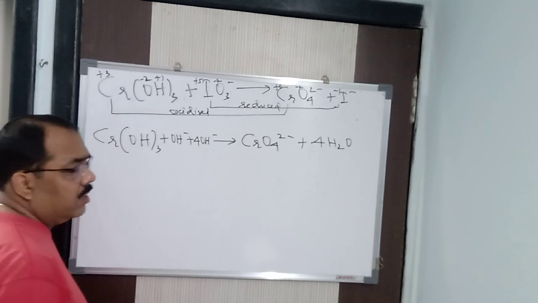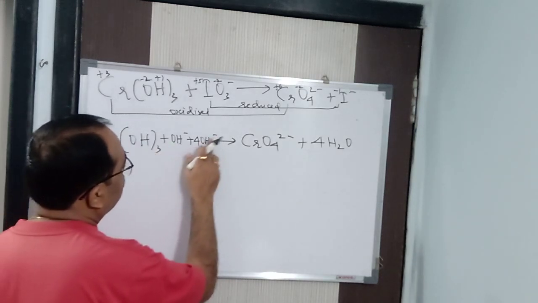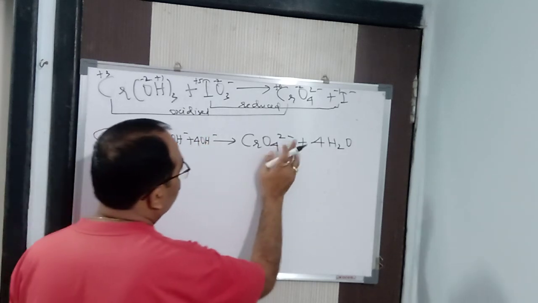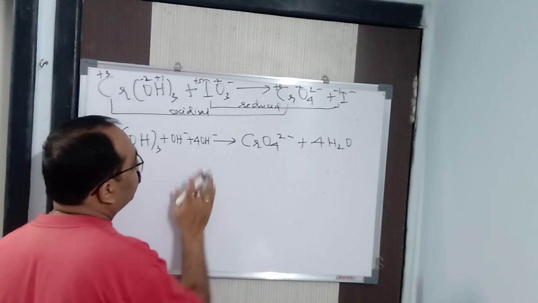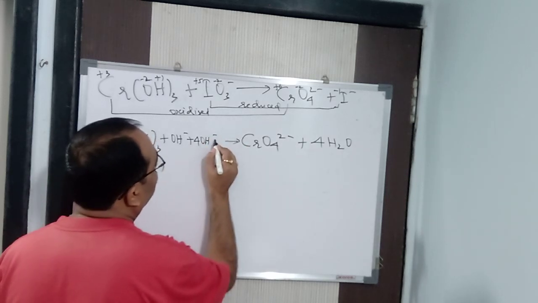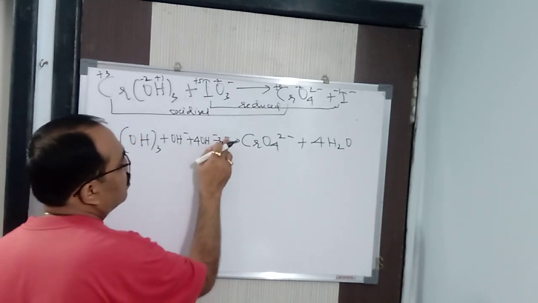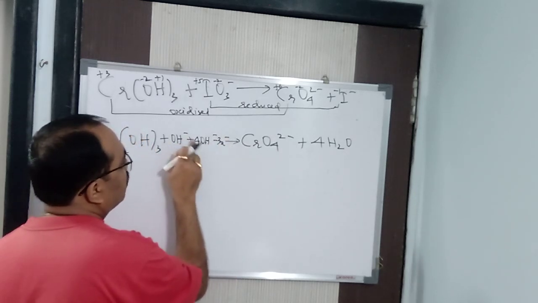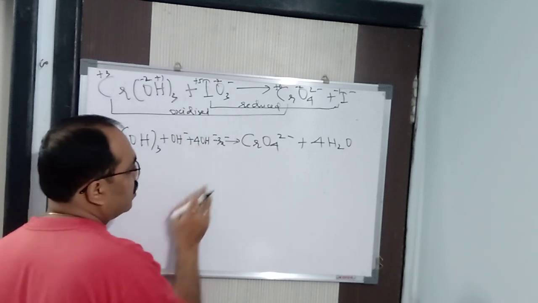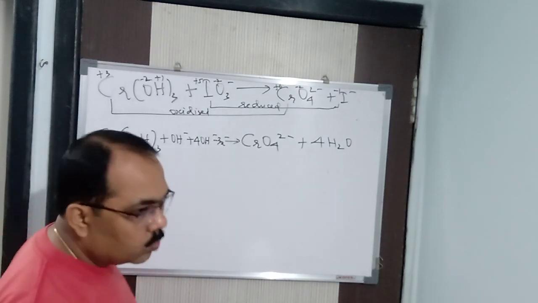Now I will balance the electrons, the charge. Here it is minus 1, here it is minus 4. Plus into minus is minus, so minus 4, minus 1, minus 5. Here it is minus 2. So what will I do? Here I will add 3 electrons. See here, minus into minus it is plus 3. Here it is minus 1. Plus into minus, minus 4. Minus 4 minus 1 is minus 5. Minus 5 plus 3 is minus 2.